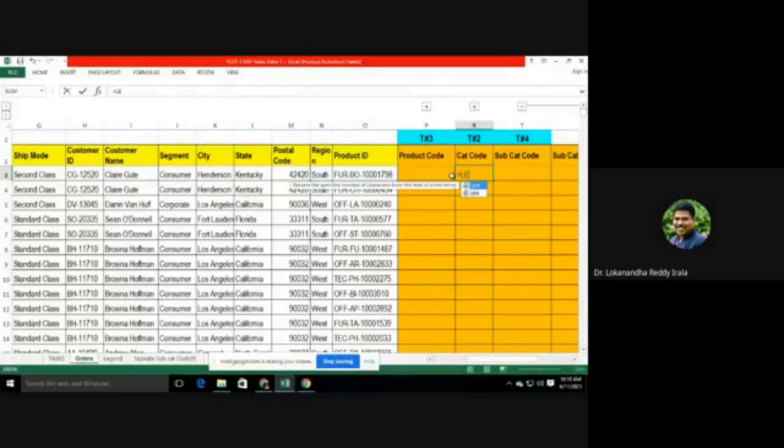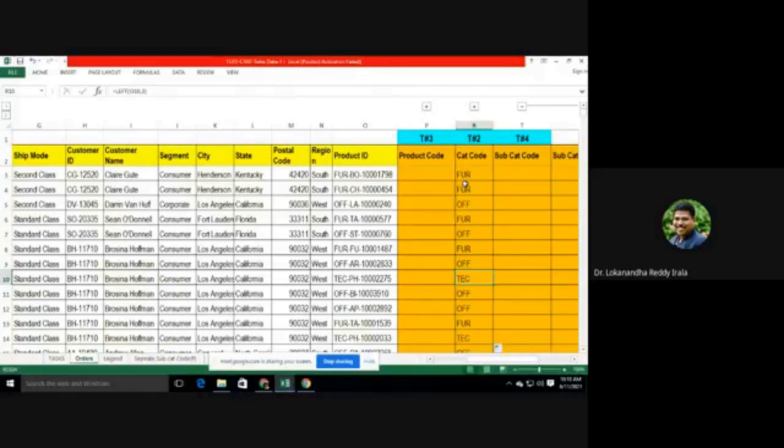So equals left, take this text and enter 3 characters. So now I know this is furniture, right? Then just drop it down. So here you get office, here you get tech, TEC, etc.